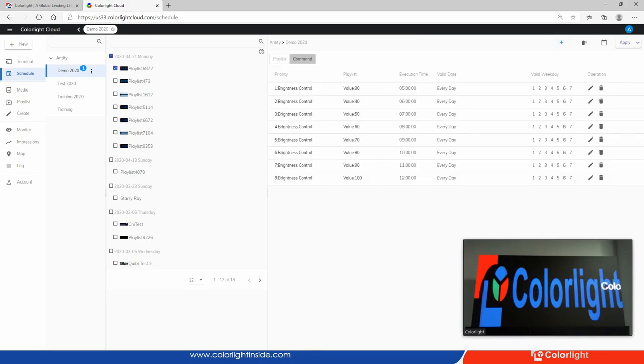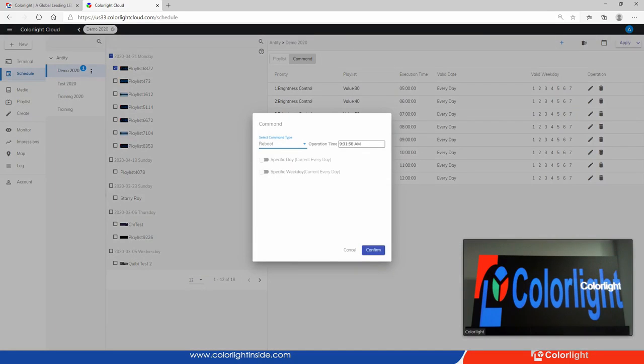Another special function is a command schedule. Here you can see I've already added a lot of brightness control to let it change brightness from the morning to the noon. In the morning, 5 a.m., change the brightness into 30 and then add the brightness gradually. Or we could use it to, for example, at